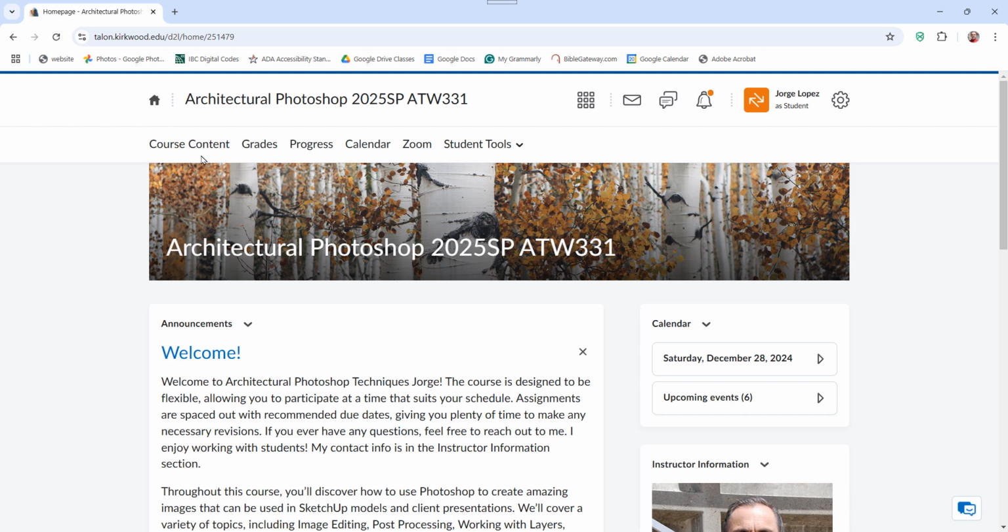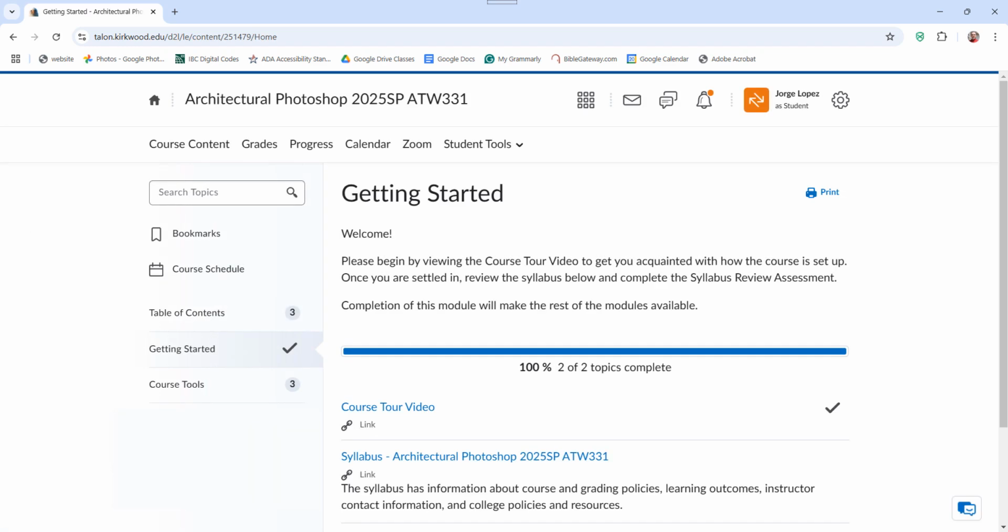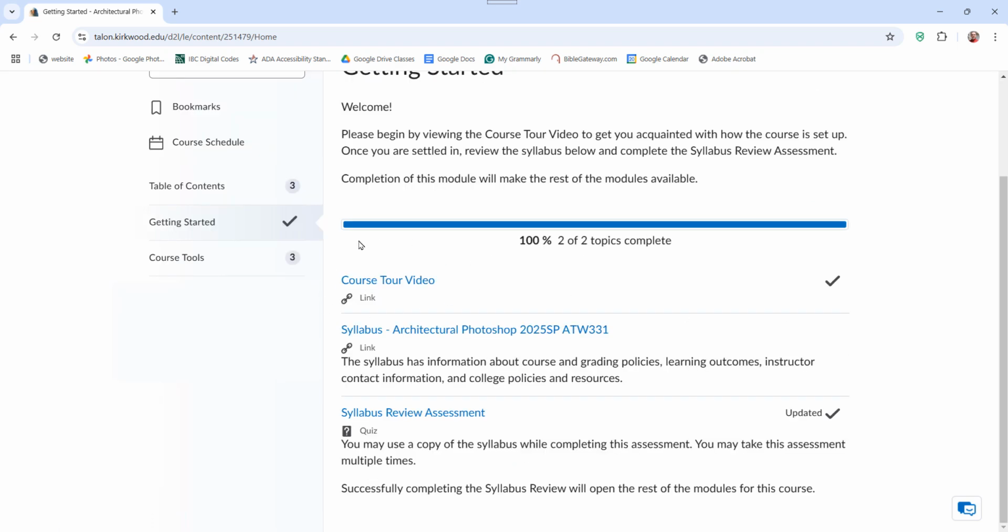Now let's head over to the course content. That's where most of your materials will be. You'll notice a few modules are already open and ready for you. I suggest you dive into the Getting Started module first. You'll want to watch the course tour video, which you're doing right now, and then look at the syllabus and